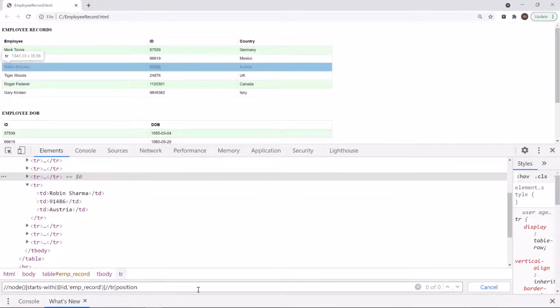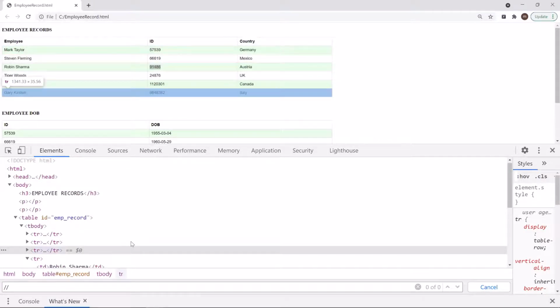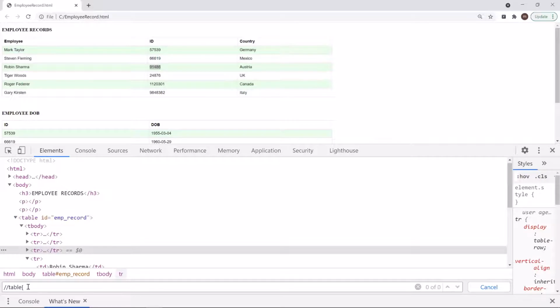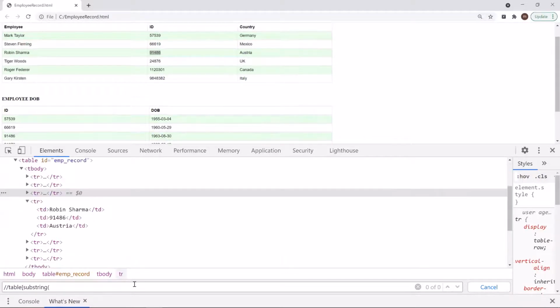Now we have another function which is most commonly used, substring. This method returns the part of a given string. In the first argument, we have to pass the string which we want to evaluate. Then pass the start index value of the substring, and then the length of the substring. This argument is optional. If you don't provide the length, then it will return the substring from the start position to the end of the string.